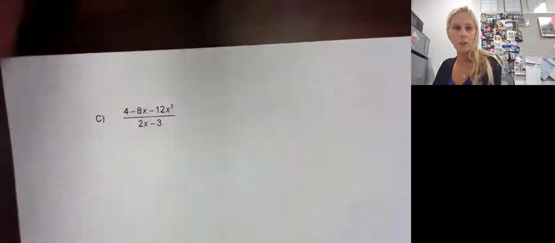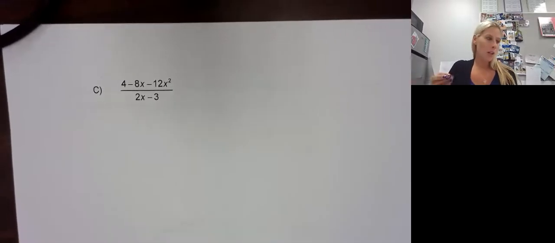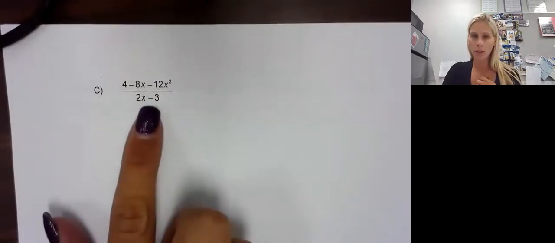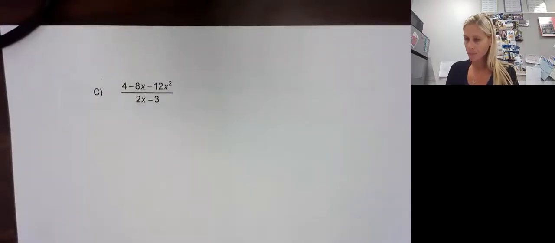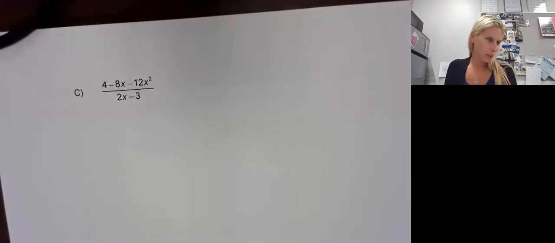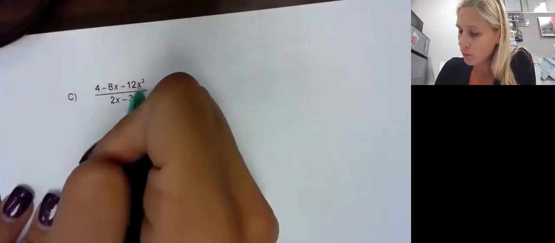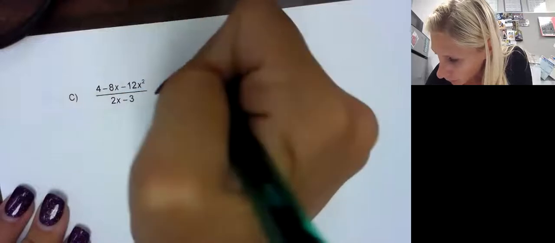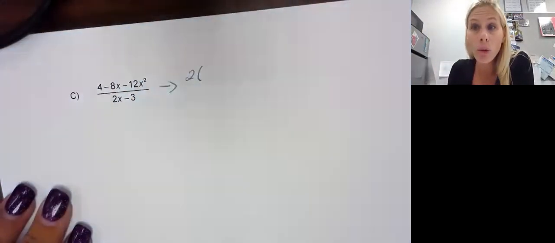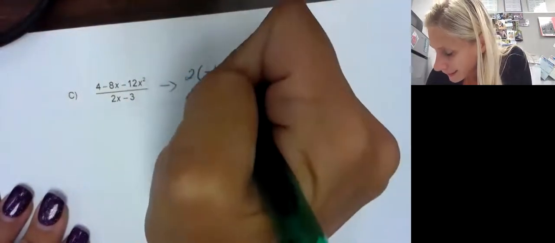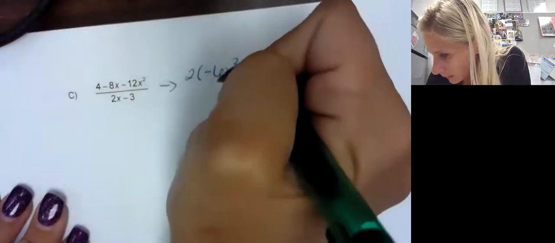All right, this is another format. We want to keep in mind that we want the order. We also want to see if we can simplify it because we're dividing by 2x minus 3. So we have to be careful here, okay? I want to show you a trick. So right here, if you see, I'm going to factor out a 2. So I'm going to simplify, factor out a 2, and I'm going to reorder it so it's in order for me. Okay, so that would be -6x squared minus 4x